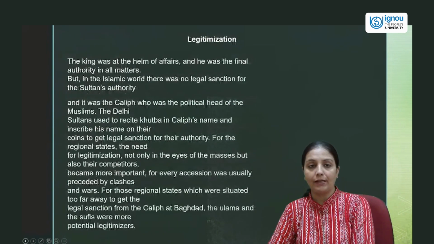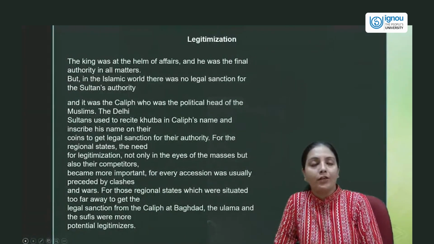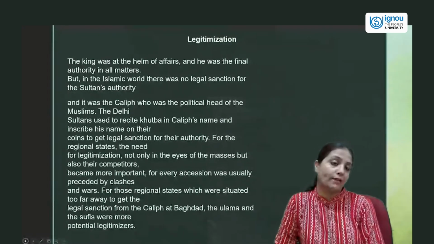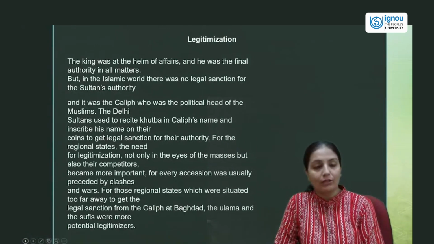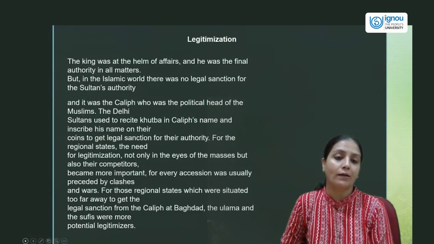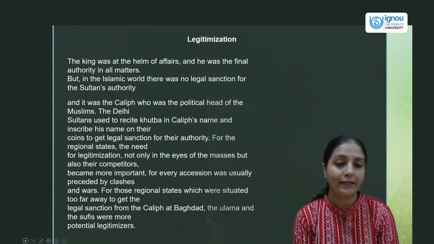Legitimization. The king was at the helm of affairs, and he was the final authority in all matters. But in the same Islamic world, there was no legal sanction for the Sultan's authority. It was the Caliph who was the political head of Muslims. The Delhi Sultans used to recite khutbah in the Caliph's name and inscribe his name on their coins to get legal